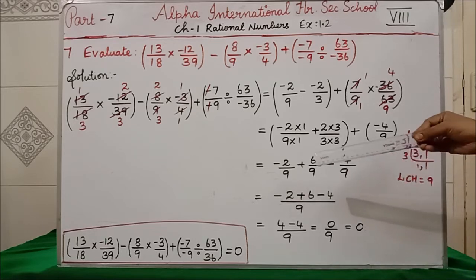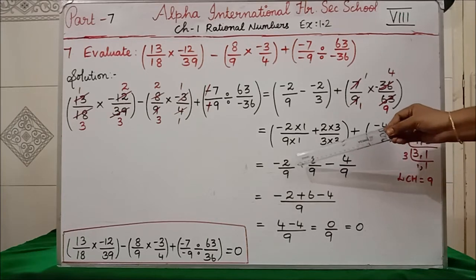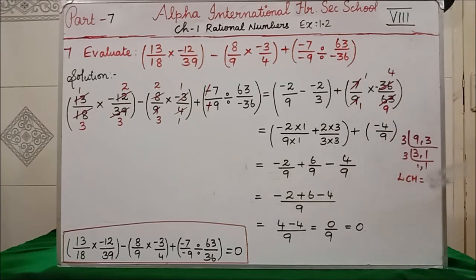See, all the denominators are 9. So I have told you, if all the denominators are the same, you can write one denominator. So now you write the numerator part: minus 2 plus 6 minus 4. Clear? Here minus, here plus. So minus plus, what do we have to do? We have to subtract and take the sign of the greater number. So 6 minus 2 is what? 4. Here the greater number is 6, for that we are having plus. So we are getting plus 4.